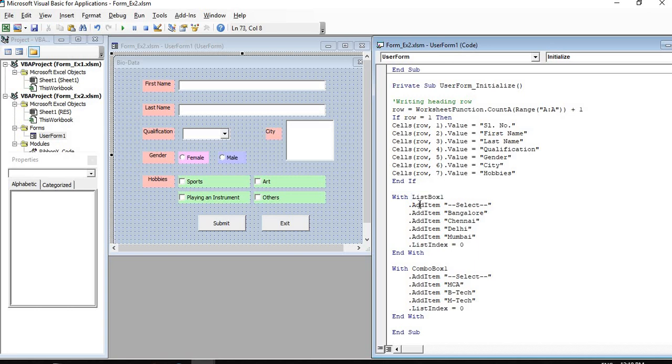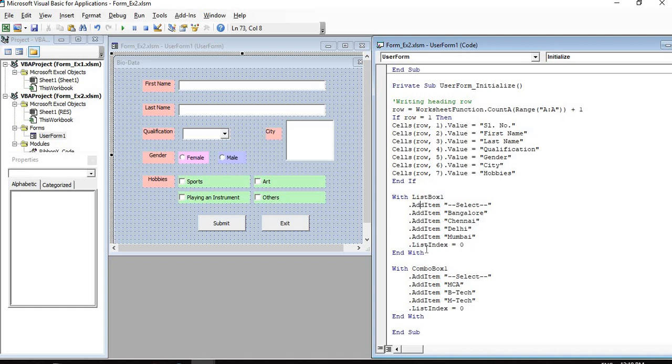For this AddItem, however many options you want to put under this list box, you have to use that many AddItem, with the value you want to add. So AddItem: Select, Bangalore, Chennai, Delhi, Mumbai. Those values, whichever we want to show under that list box, we have written here.